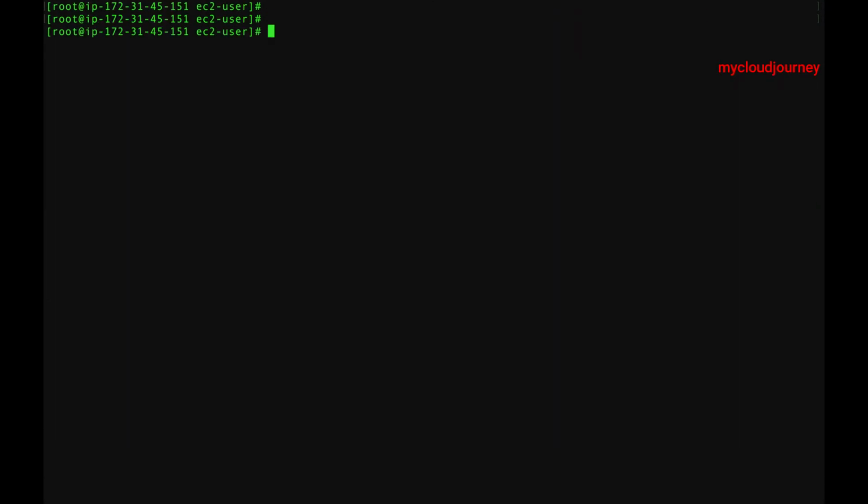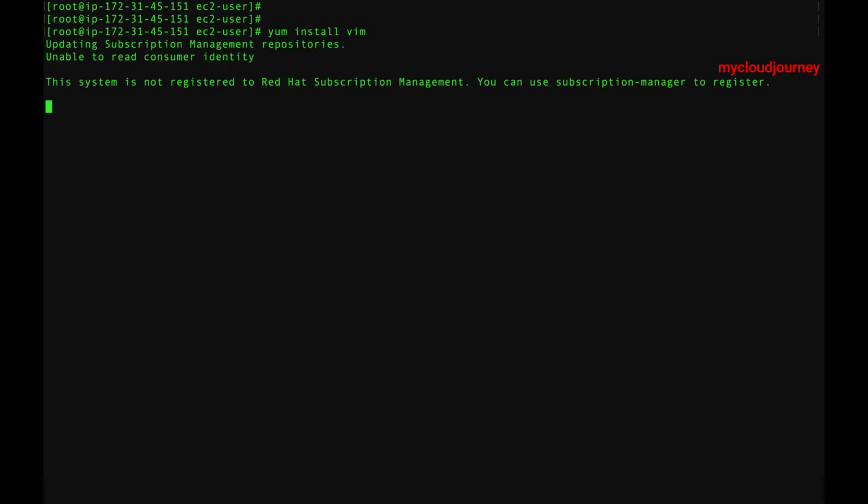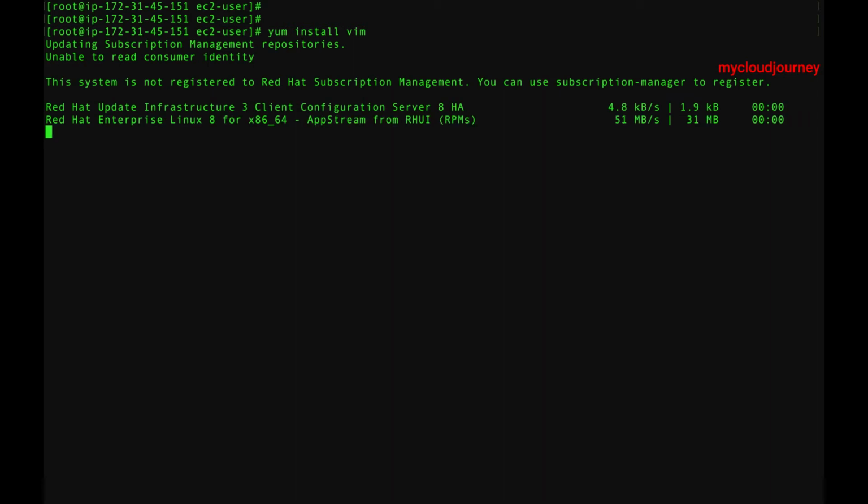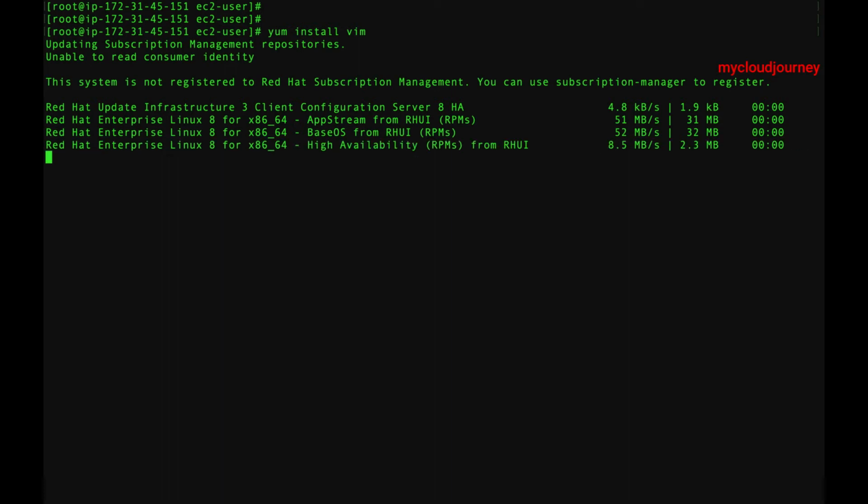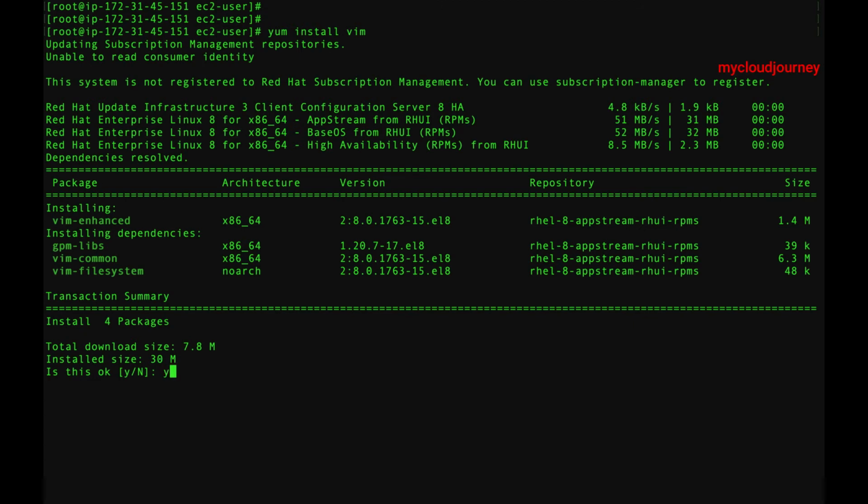Let me install Vim editor. Yum install vim. This will install Vim from the RHEL repository. It will take a few minutes. I will accept yes.